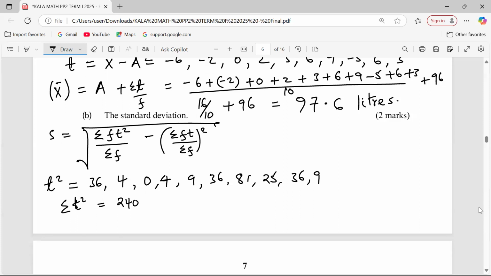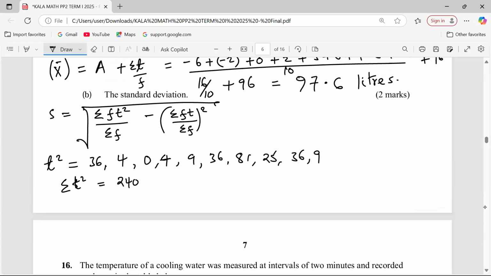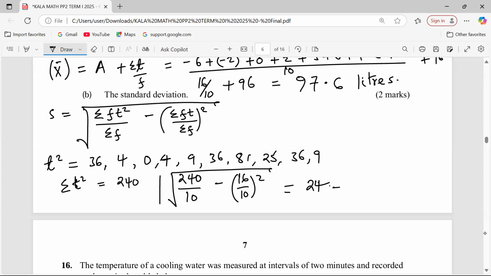So with this now, we can apply the formula up there and have 240 over 10 cows minus 16 over 10. This one will be squared. Then now we obtain the square root. Yeah, this is 24 minus 1.6 squared, 2.56. Then we will take the square root. 24 minus 2.56, get 21.44, and the square root will take us to